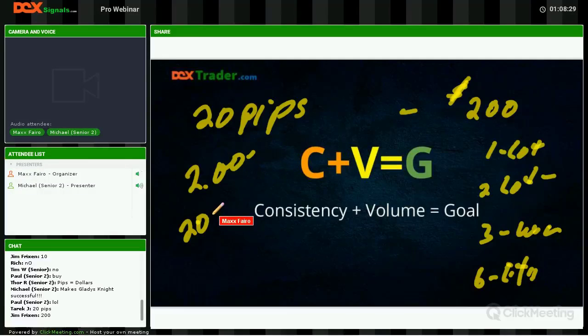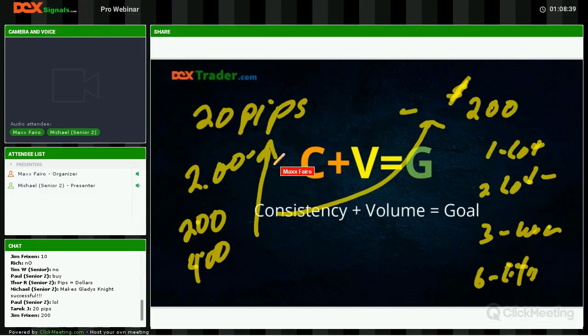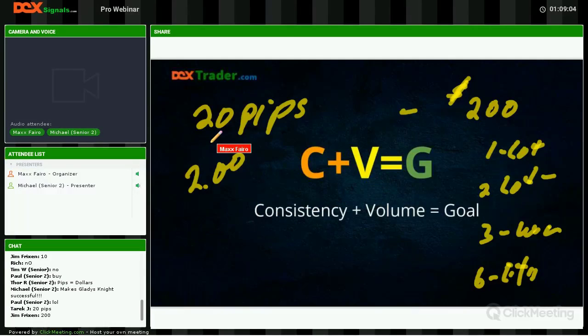He might be only making $2, and then later on, as he increases and does 10 lots, he can make $200. Now he's where this guy's at. But he gets even better, and he does 20 lots. Now he's making $400, because he knows he can do 20 pips. Now this is just 20 pips. Doing 40 pips is a version of adding more volume, but you've got to get better. Being able to add a certain amount of pips to your repertoire only becomes relevant once you become more disciplined and secure with trading.